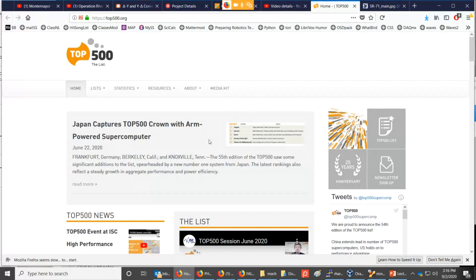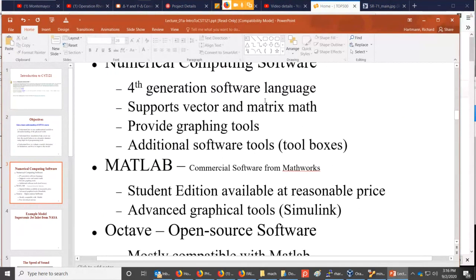I'm talking, these computers are like entire buildings. They've got thousands and thousands and thousands of processors in them. And so when you create this account, we'll actually be logging into a supercomputer. It's probably not on this 500 list, maybe not quite that big, but MATLAB and Octave are basically about the same, and you could get them to run on your own computer, but